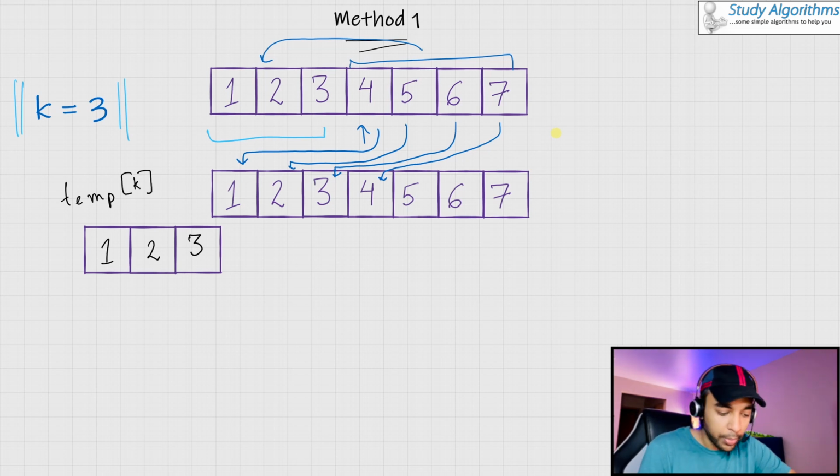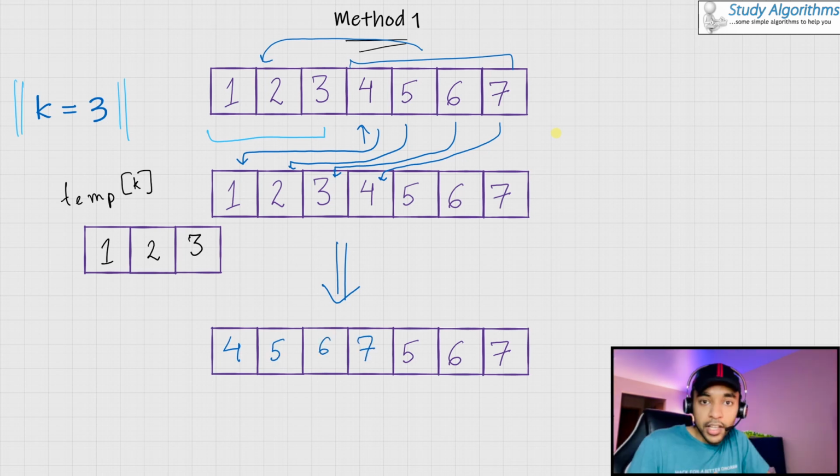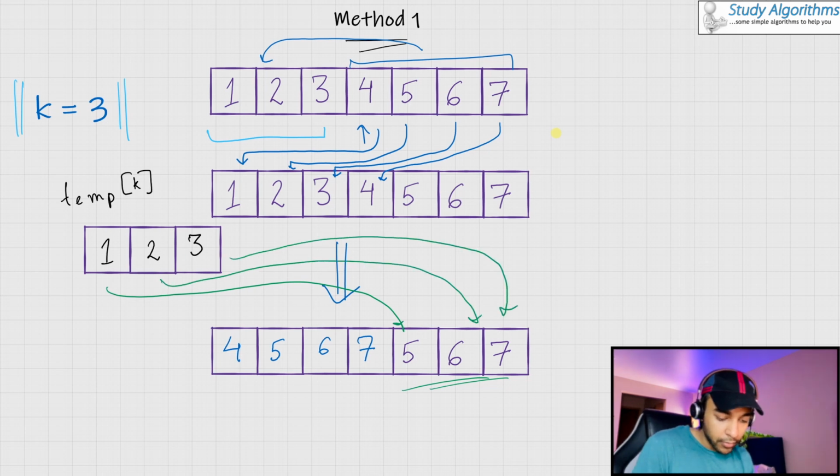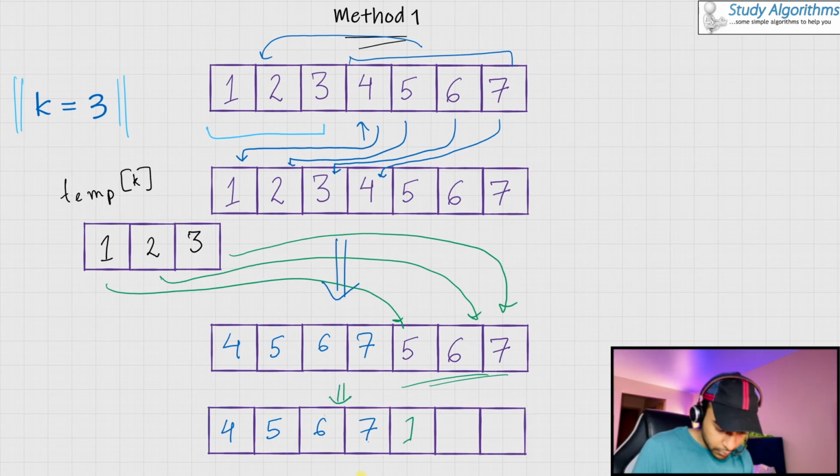Once these values have been copied down, your array would start to look something like this. If you look at this array, you can see that the left part of the array has been solved. You have shifted the values from right towards the left. But you can see that this part is still remaining. You still need to fix this part. This is where your temp array comes in. So in your next step, what you would be simply doing is you would simply copy over these values to these positions. Once this is done, your array would result into the final answer, and that would be this. So this is your answer.